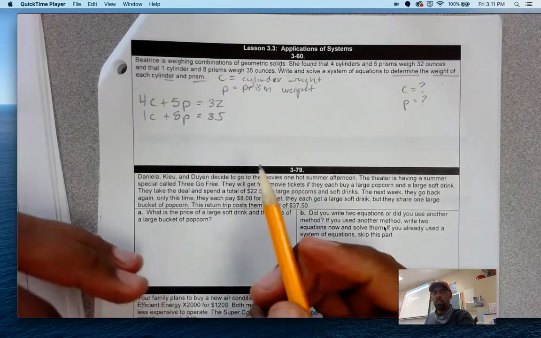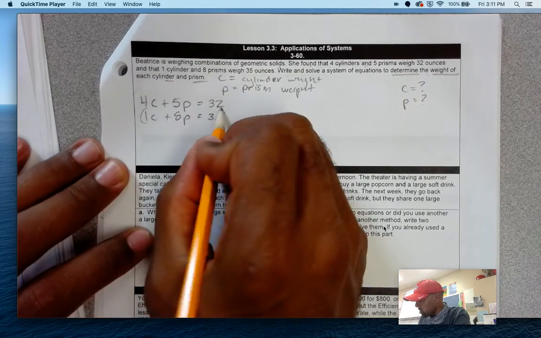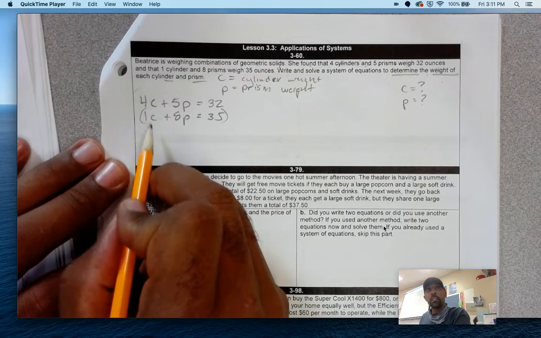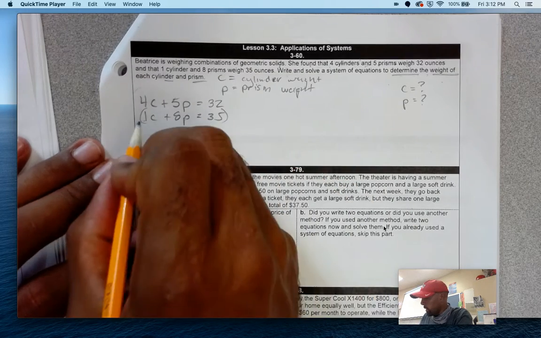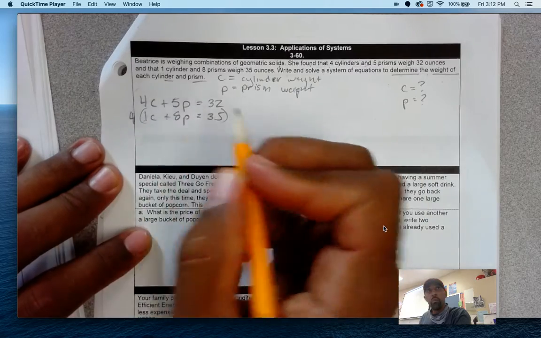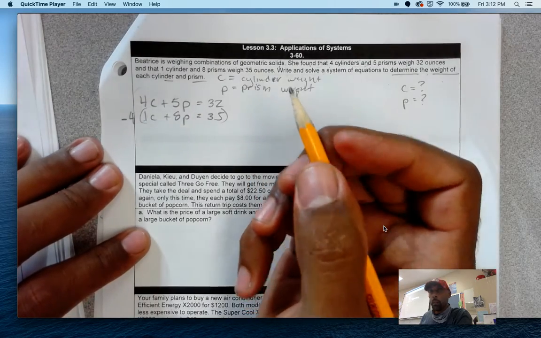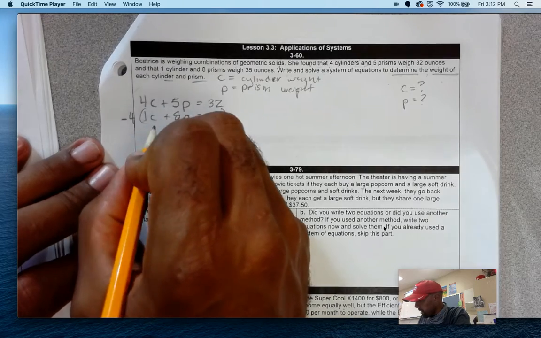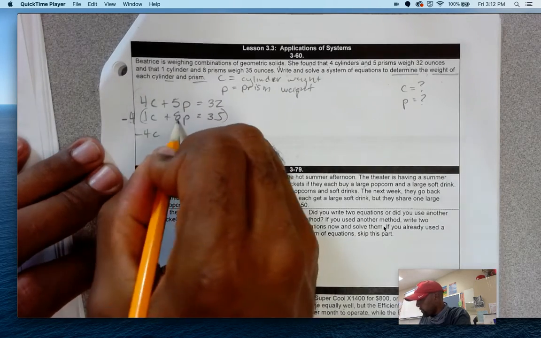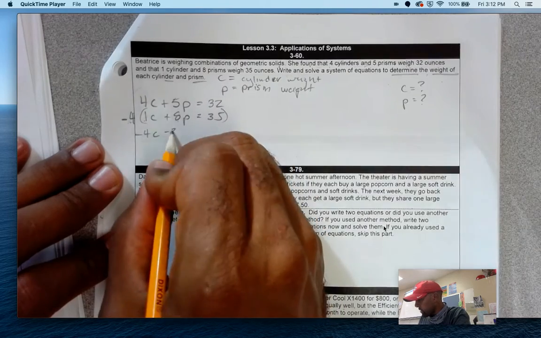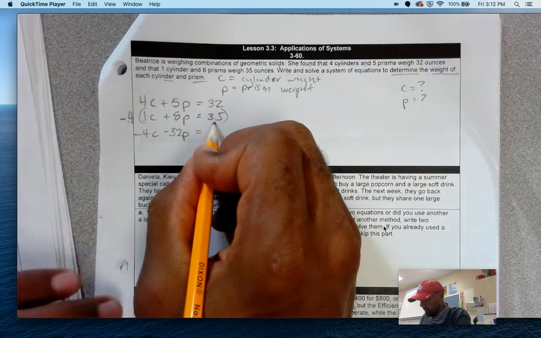Okay, so to get you started, I need an opposite. I want these C's to be the same, so I'm going to change this 1 so that it's a -4. That means I need to multiply times -4 to make it the opposite. So what I'm going to do is multiply this out. I get -4C here, and then -4 times 8 is -32. And then -4 times 35, I think that's